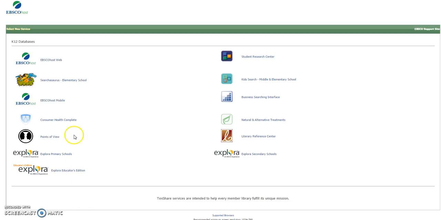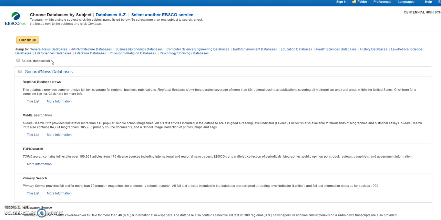One of the ones that I like the best and that has a wide variety of information is EBSCOhost Web. That will have by far the most information of all of these databases. Some of them would have less information, but be maybe a little bit more manageable, and that would be Student Research Center. So I'm going to click on EBSCOhost Web to go to that specific database,